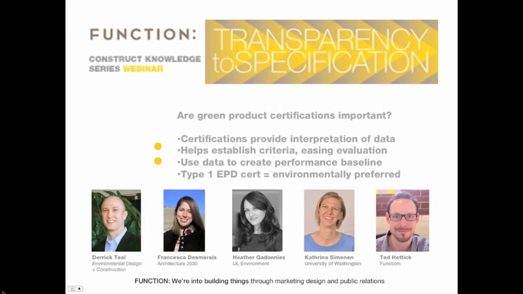The Type 1 certification is a multi-attribute certification that denotes the product's environmental preferability based upon life cycle thinking. One of the main tenets of the Type 1 certification is that it focuses on looking at a life cycle assessment and using a baseline to understand your performance threshold, so that you can actually determine which products are environmentally preferable and which are not. So as Kate said, once we have this data, we can actually improve the Type 1 certifications, or these seals of approval that we're currently using.